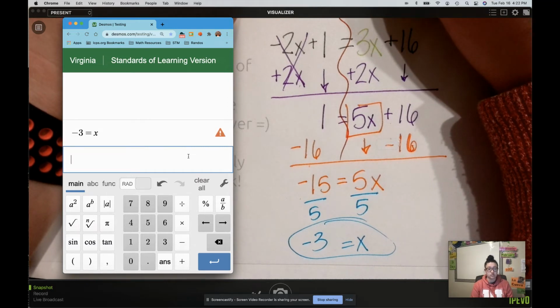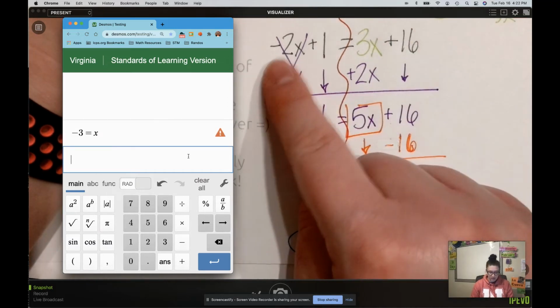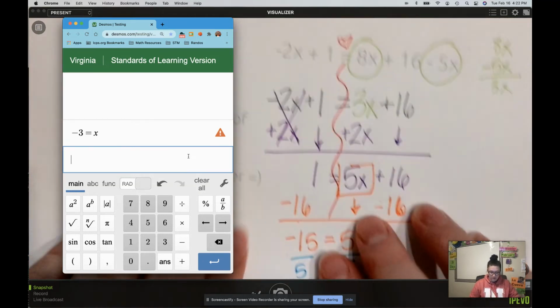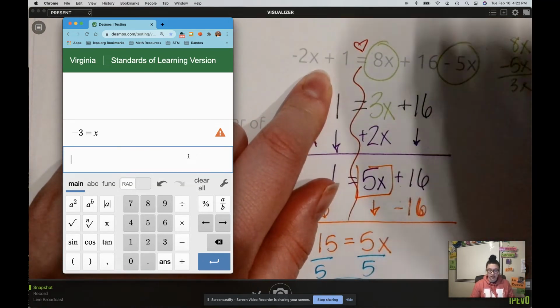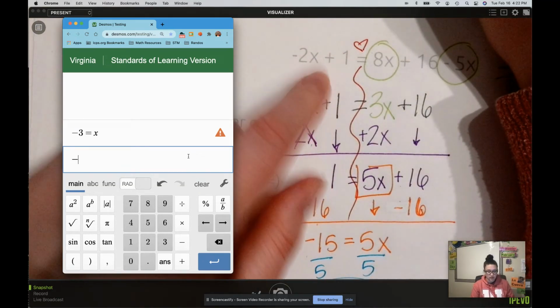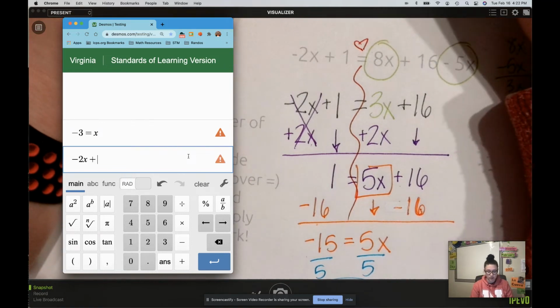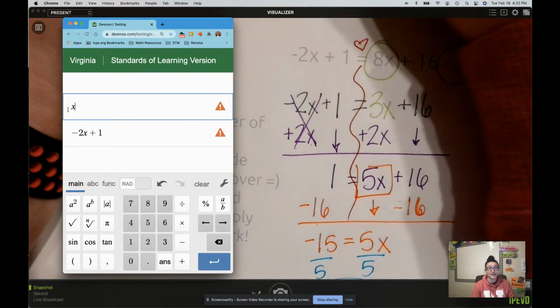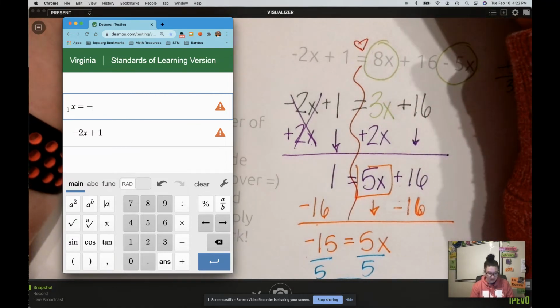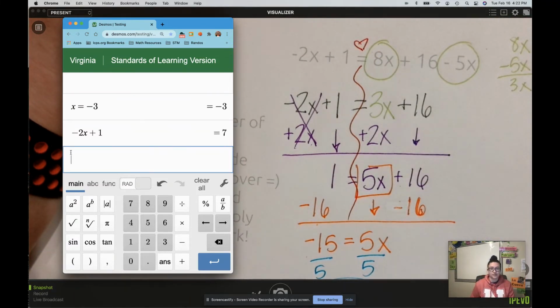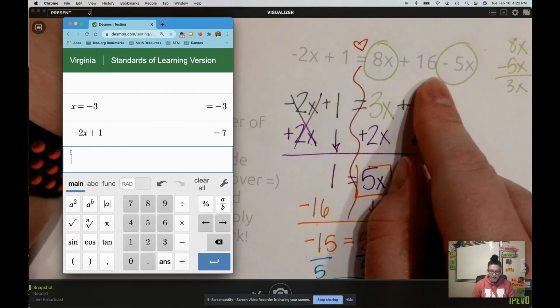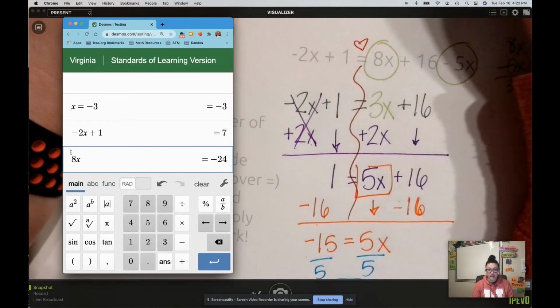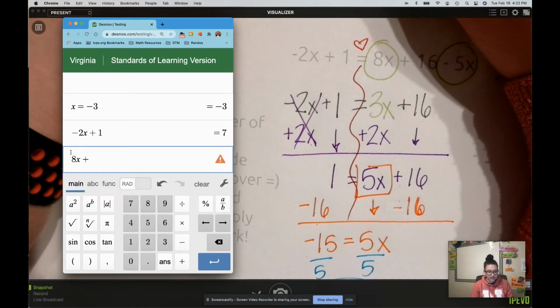That works too. And then I want to type in what I started with at the very, very top. I have to type in each side. So first, negative 2x plus 1. Oh, looks like I do have to do x first. So x equals negative 3. There we go. And then the other side's longer. 8x plus 16